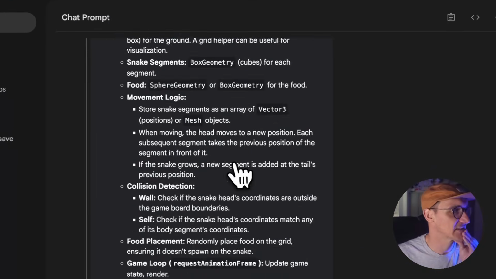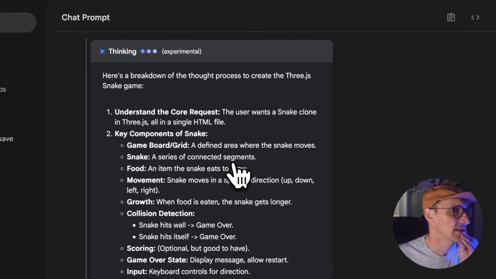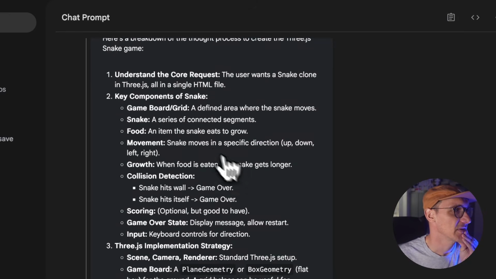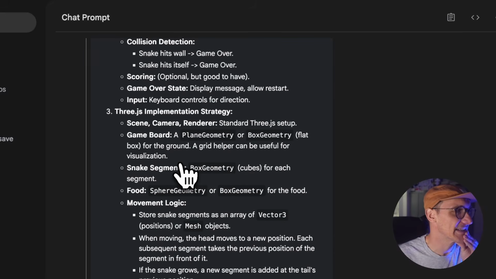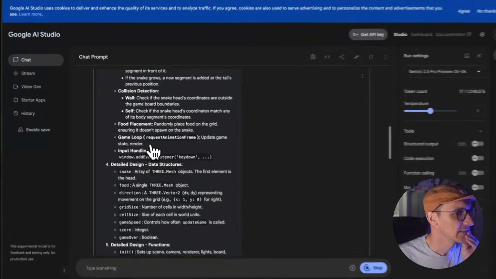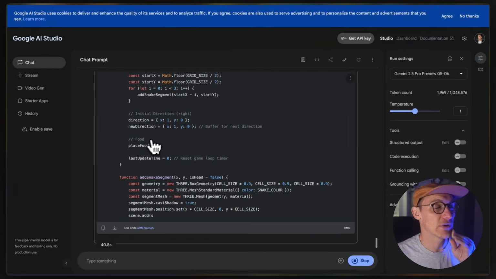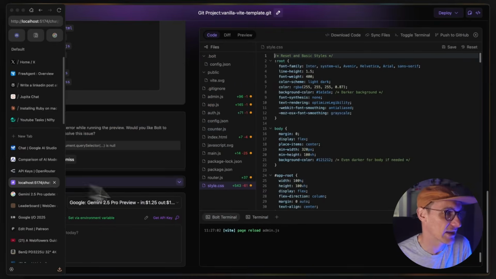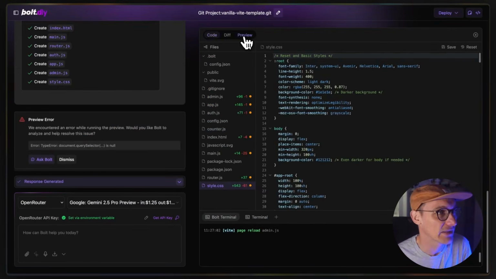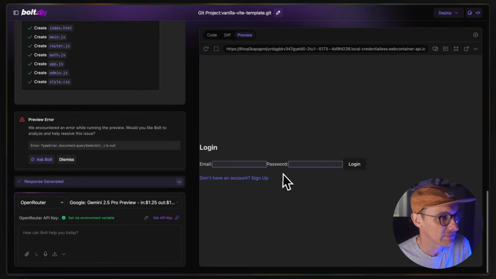You can obviously see its thoughts here now. Once the snake clone 3JS, so you can see its reasoning, which is really cool here. The speed at which it's doing it is absolutely insane. Curious to check back in on this to see where it's going. I mean, it's written